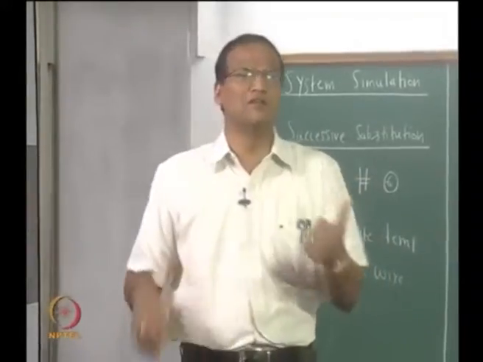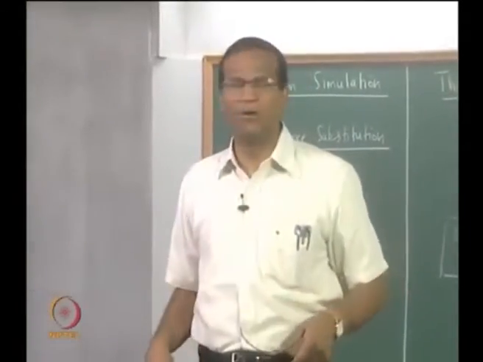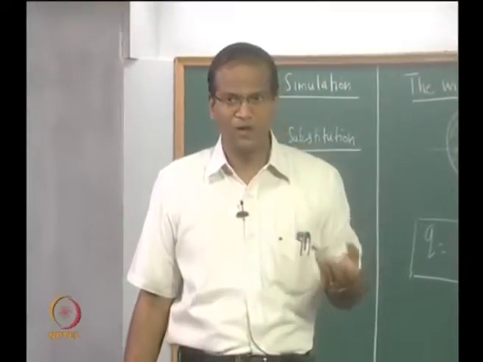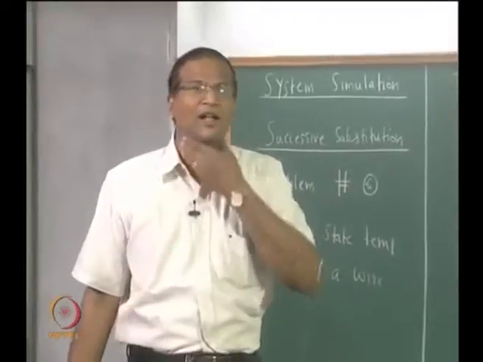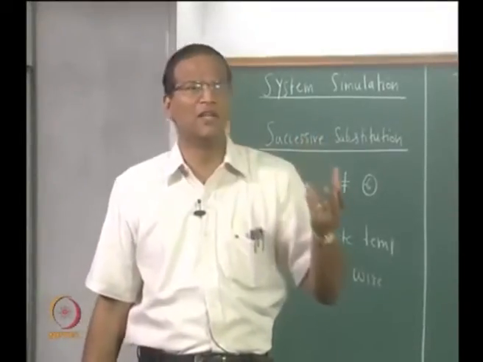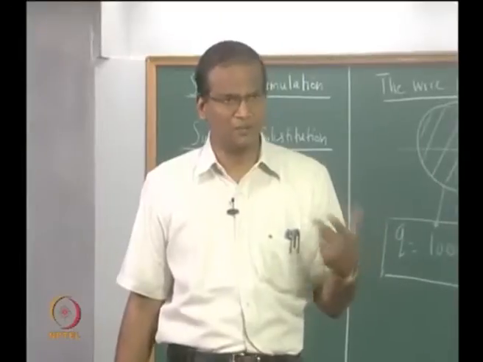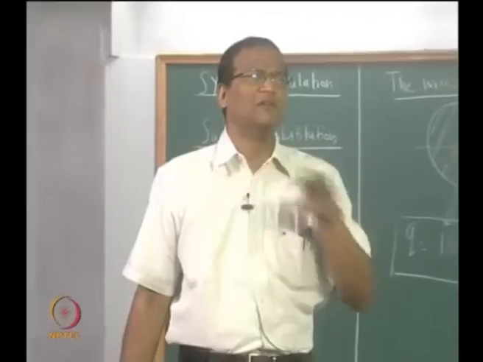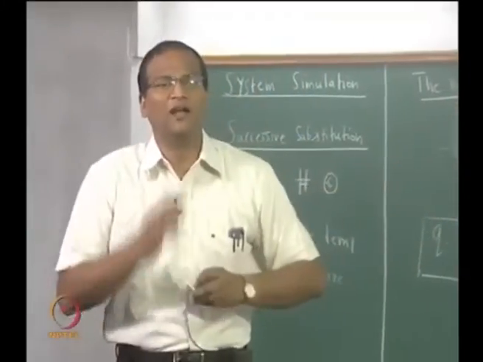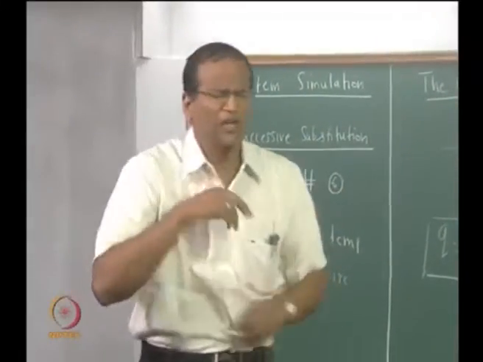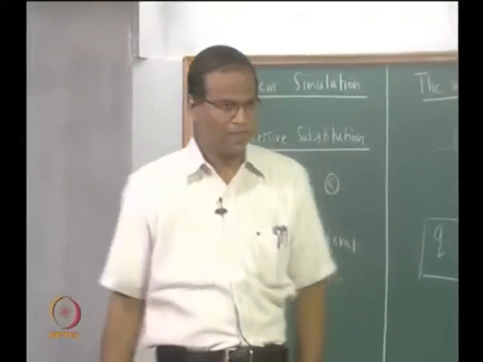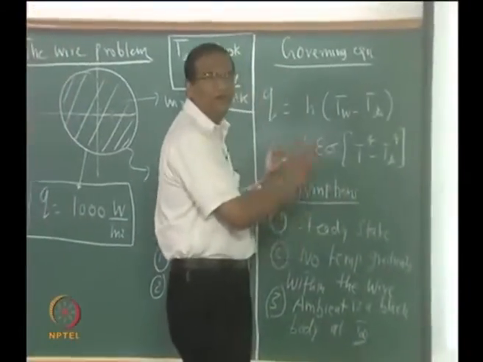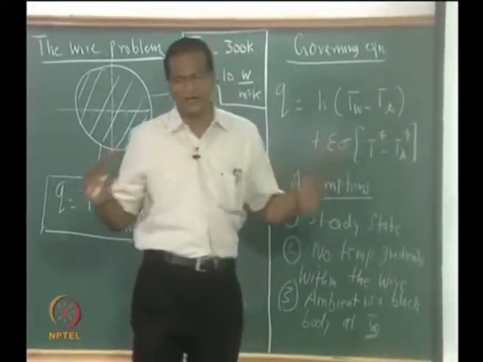His doubt is, since epsilon is outside the bracket, he is having a problem whether there is an epsilon of the surroundings also. There is no epsilon in so far as the surroundings is concerned. See, this problem can be solved either using the network theory or using the radiosity irradiation method. I teach only the radiosity irradiation method. Using the radiosity irradiation method, in 15 minutes you can show that this is the formula you get for a small body in a large enclosure. Alright. Now go ahead and knowing full well what the assumptions are, go ahead and start doing the iteration.